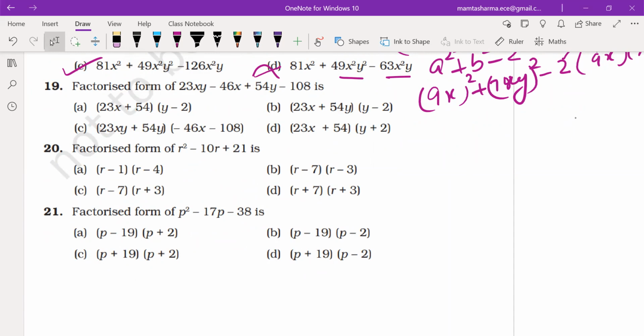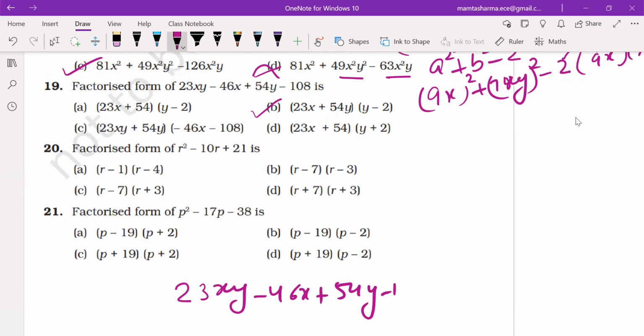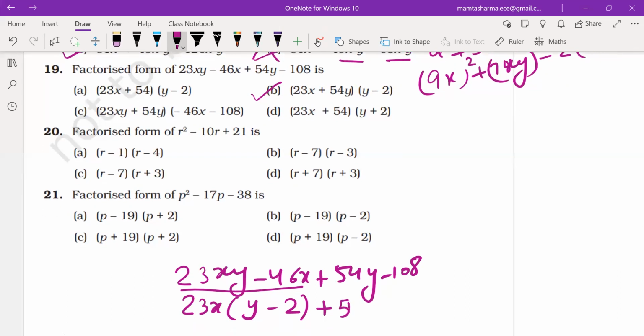C, B1. 23x plus 54y minus 2. Correct. Factorization: do you know how to do factorization? First take the common. 54y minus 108. Take the common 23x in the first two terms, so y will be left out and 2 will be left out. Similarly, here take the 54